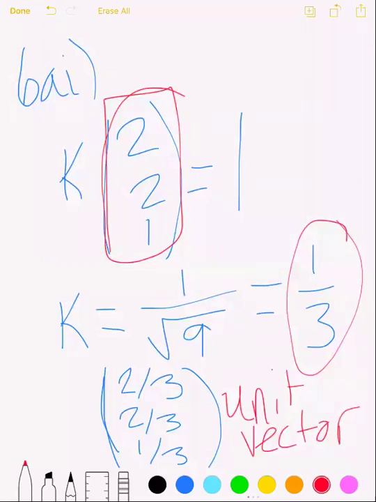I think so, yeah. All right, so the last one from this page that I want to do is 3AI. So this one, it wants you to determine whether or not they intersect. So an intersection is where they are equal. So what we're going to do is set the two equations equal to each other. And then I'm going to work